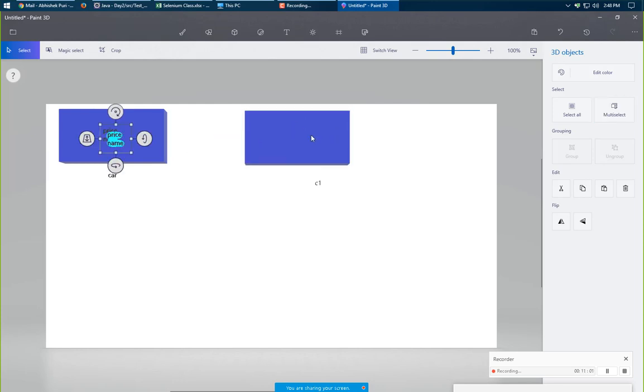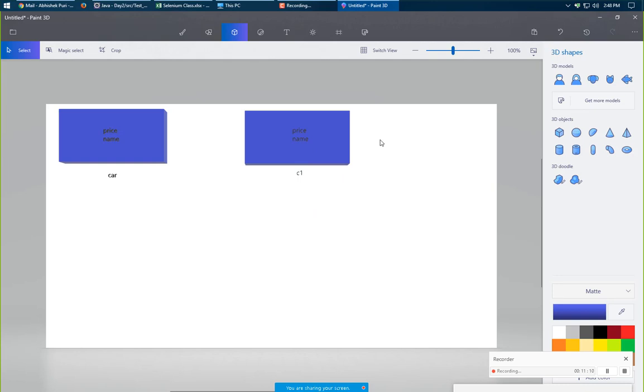It allocated a space in memory, it locked some space in the memory, and it blocked the space for price and name.